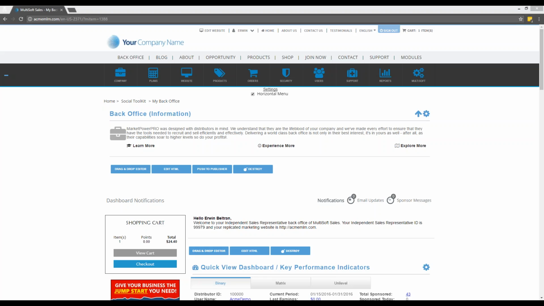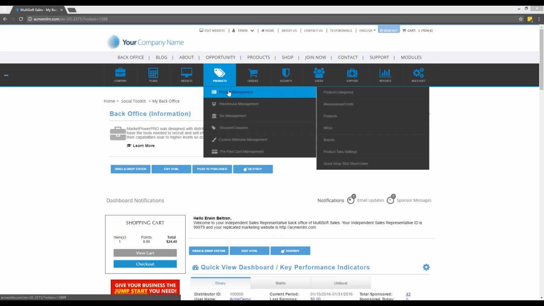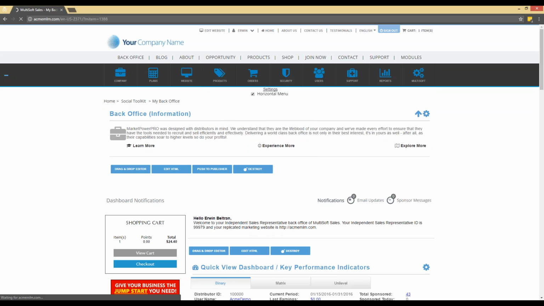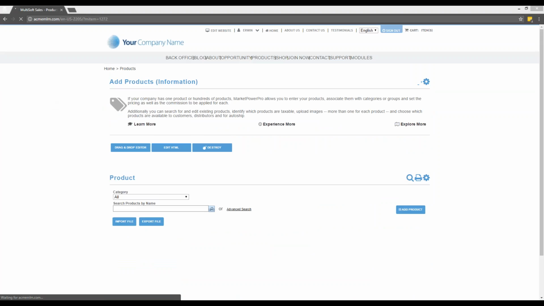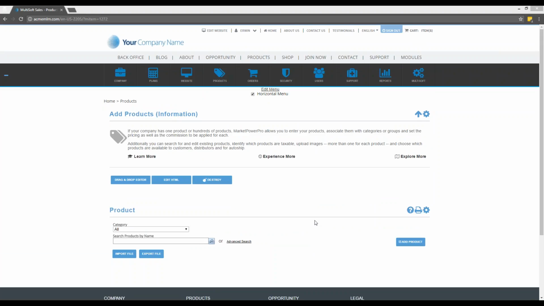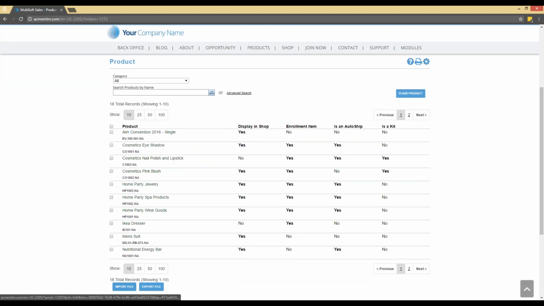To allow the products to be selected as part of the kit, you need to log in as an admin, and then you go to the admin menu, Products, Product Management, Products. On the product page, click on the product name,